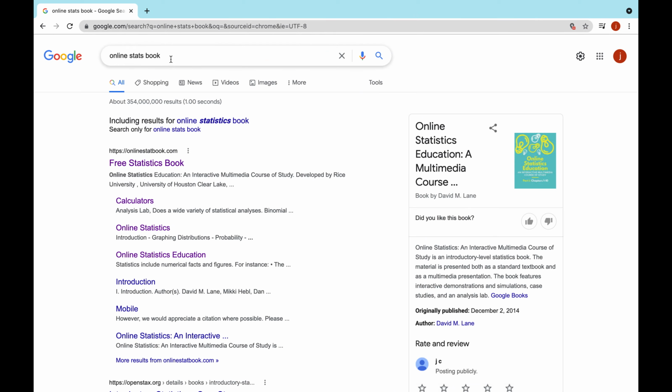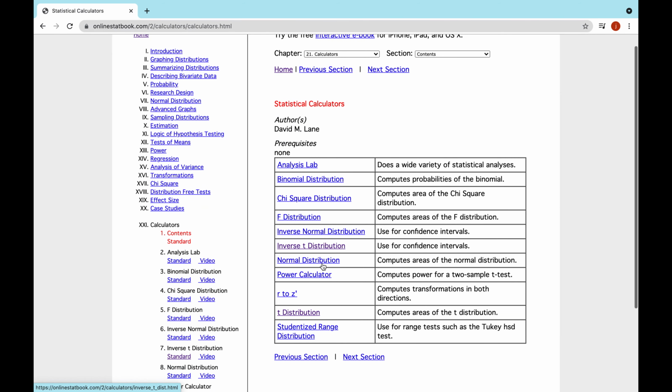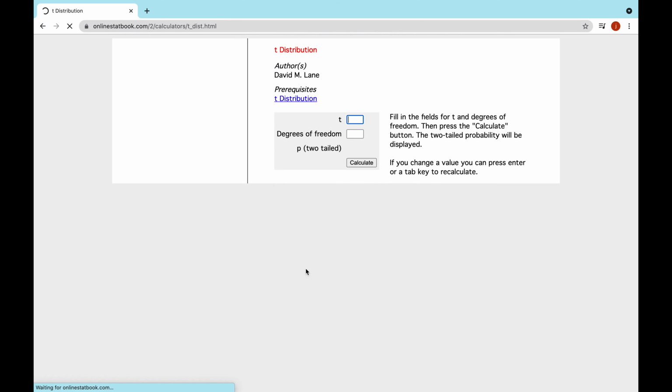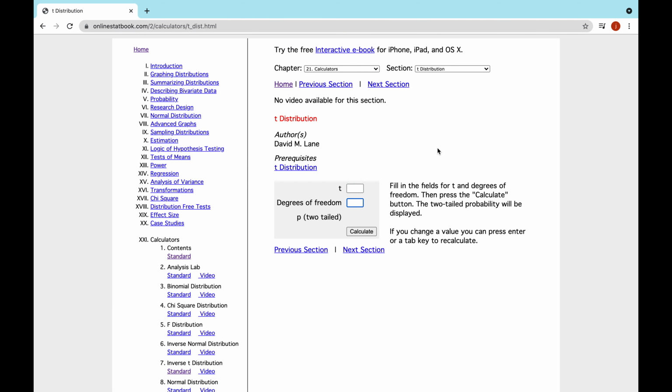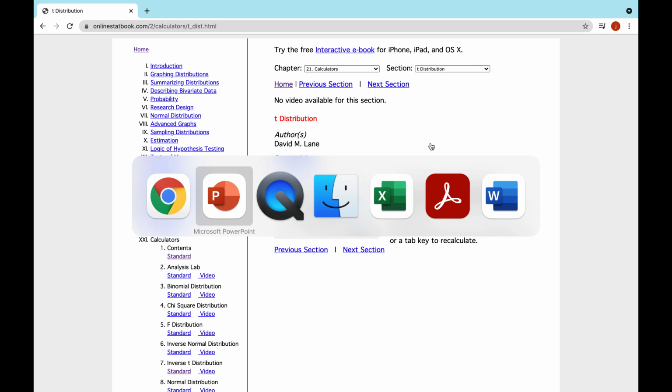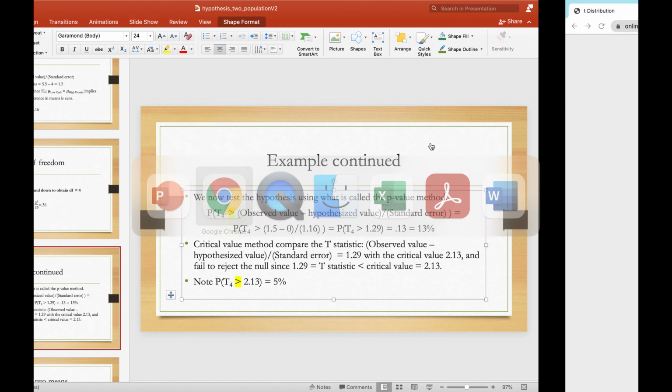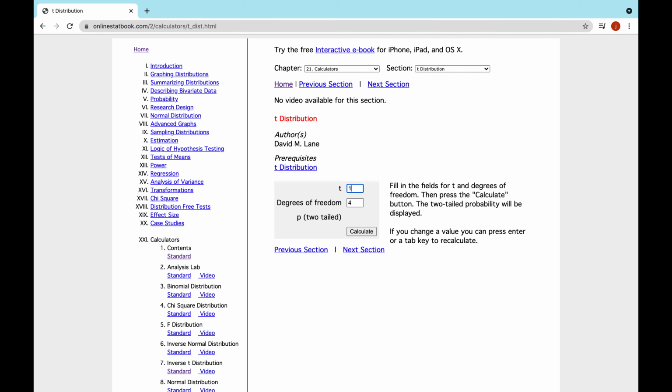If you Google online stats book, it's a free online book. It has a list of calculators that you're welcome to use for this course, as you've noticed. And I'm going to go to the t-distribution. I'm going to enter in the degrees of freedom, which is 4. Then I need to remember the t-value. That's 1.29, so I plug that in for t right here. Okay. I get 0.266,